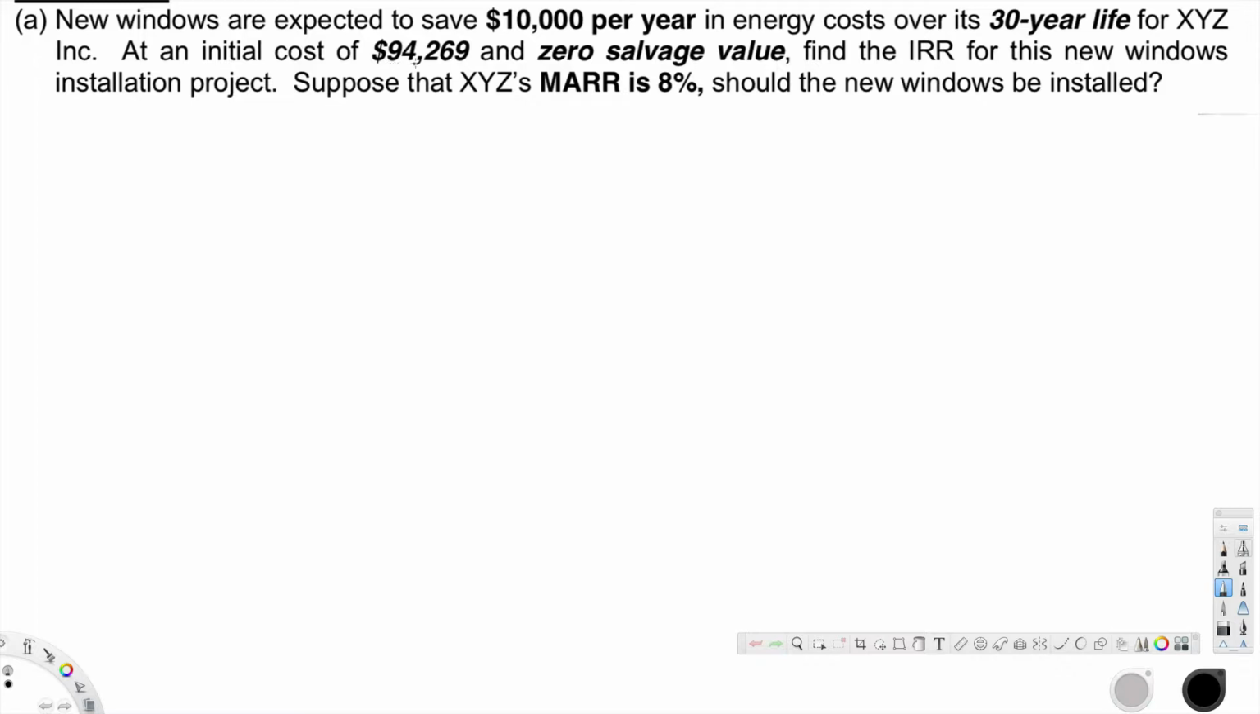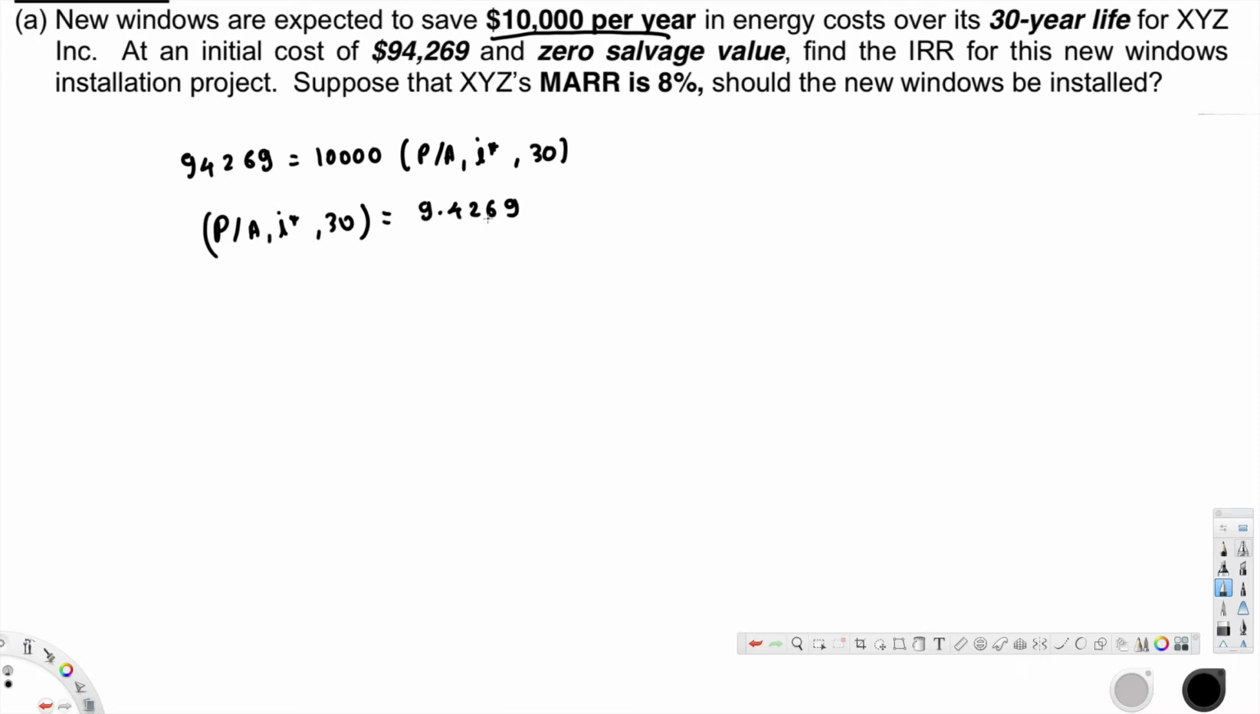Initial cost is given, that is 94,269. 94,269 is going to be equal to 10,000 per year, for 30 years. So P over A, i asterisk, 30 years. And if you solve for this P over A, i asterisk, 30 years, you're going to get 94,269 divided by 10,000. That's going to give us